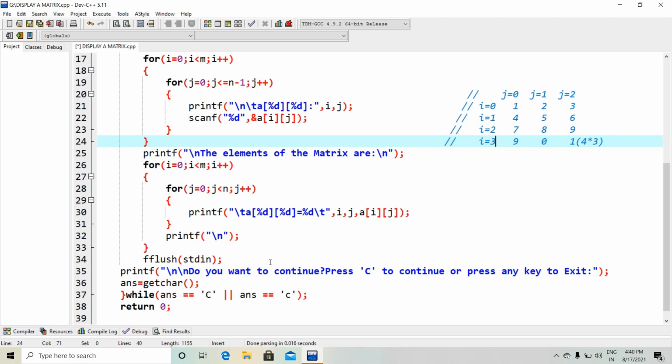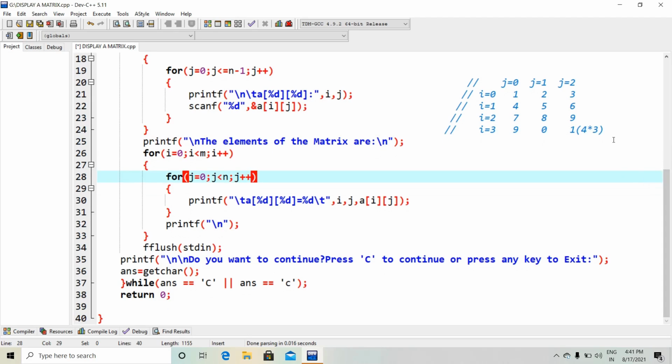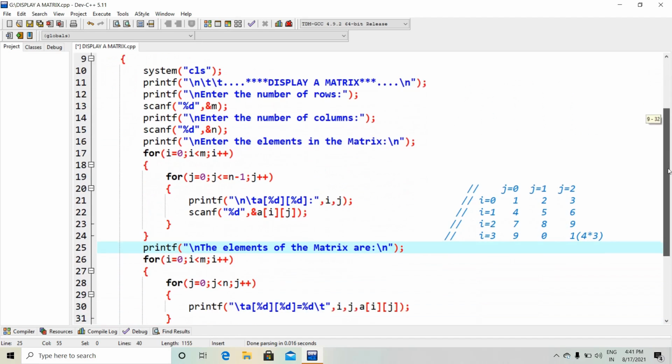Then the condition: this printf statement will print, do you want to continue, press capital C to continue or press any key to exit. Answer equal to getch. If answer equal to capital C or small c, then the whole thing will be executed once again, otherwise it will not be executed. So this is the method to display a matrix.